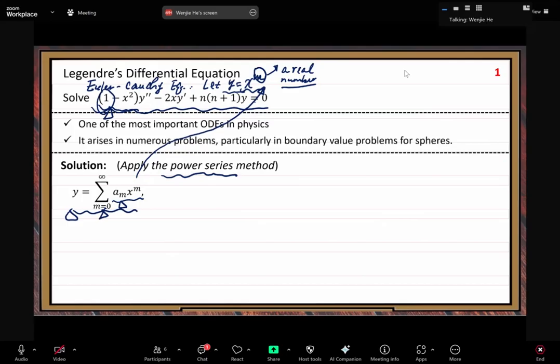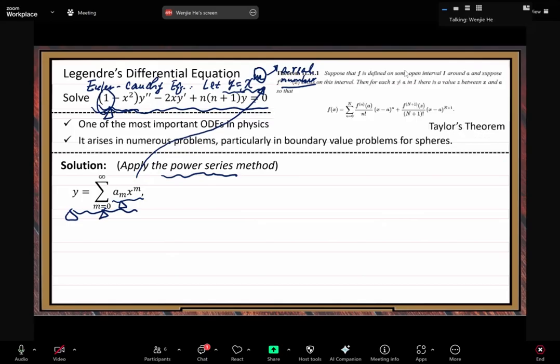All right. So let's look at the important background theorem. I mentioned it last time. So that's Taylor's theorem. Here I do not have a lot of space, so you can see the font is very small. So this is the well-known Taylor's theorem. The condition: for what function? Here it's a function f. Let's look at the condition. f is defined on some open interval I around some point a, and